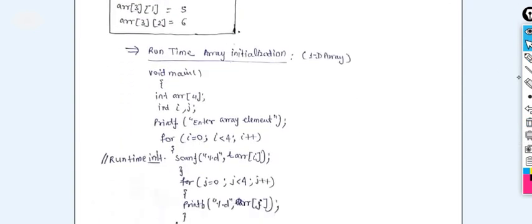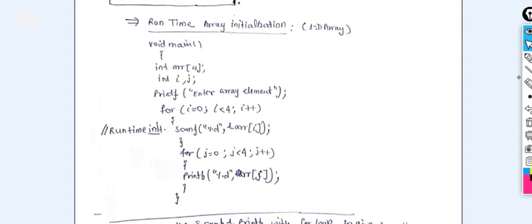We have discussed already the one dimensional array and two dimensional array. You can execute the same program with the help of scanf also. Scanf is used here in order to provide the input at the time of execution, the dynamic insertion of the elements. So again, if we are traversing or printing or displaying the elements of the array with the help of for loops, nested for loops, the same thing we can do here for inserting the elements in the array. Again we need to put the for loop.